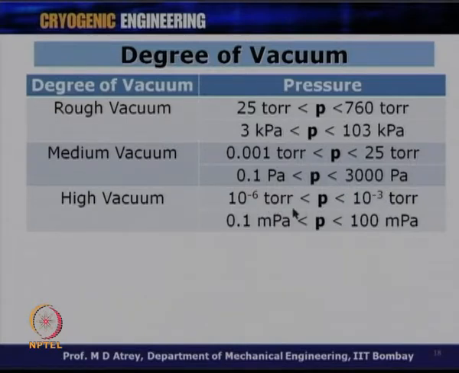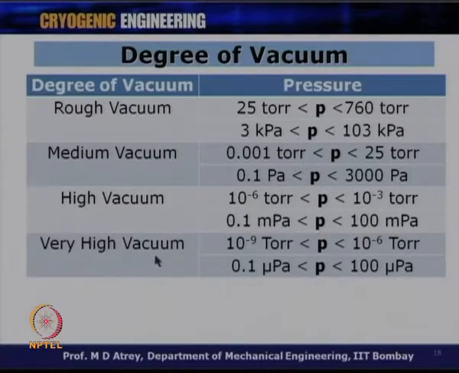So, again you can understand that I have come down to 10 to the power minus 6 torr, which is high vacuum, when the pressure is between 10 to the power minus 3 and 10 to the power minus 6 torr. Sometimes, instead of saying 10 to the power minus 3 to 10 to the power minus 6, one can say the vacuum is of the order of minus 3 to minus 6, or between minus 3 and minus 6. Normally, it is understood that this is 10 to the power minus 3 and 10 to the power minus 6. These are different levels of vacuum.